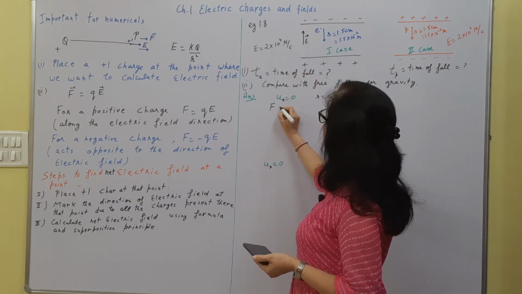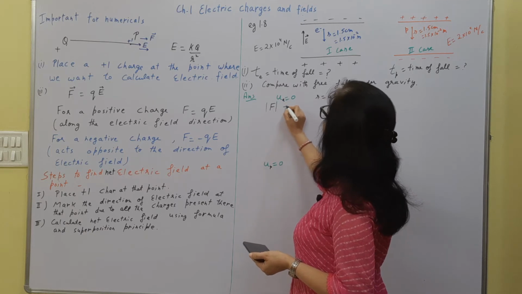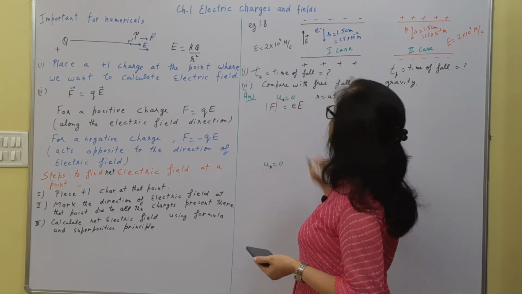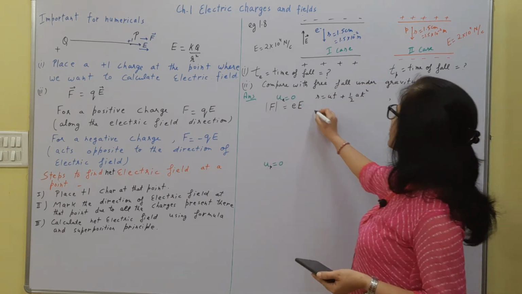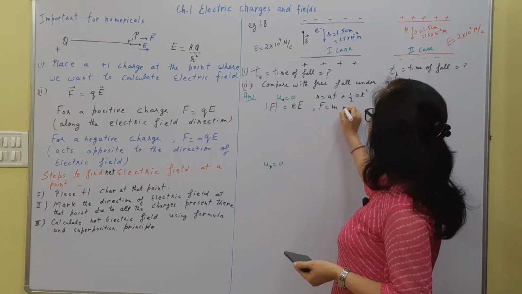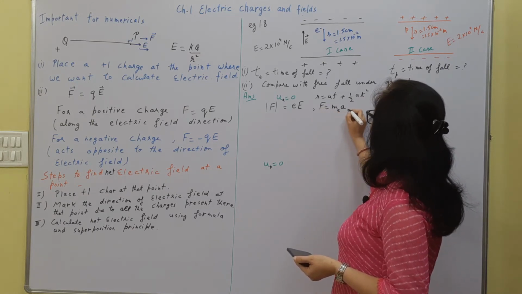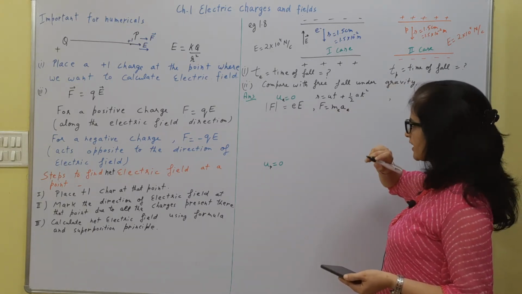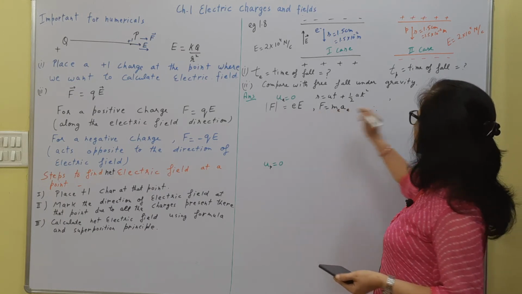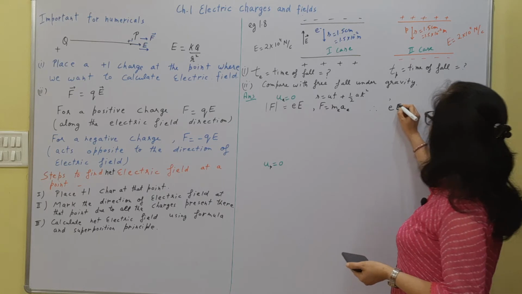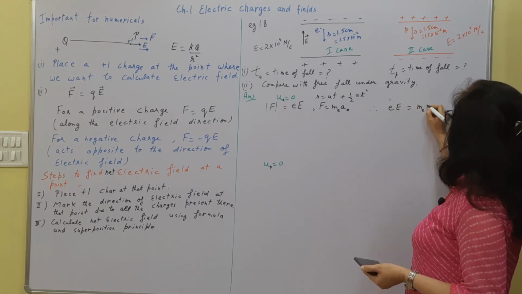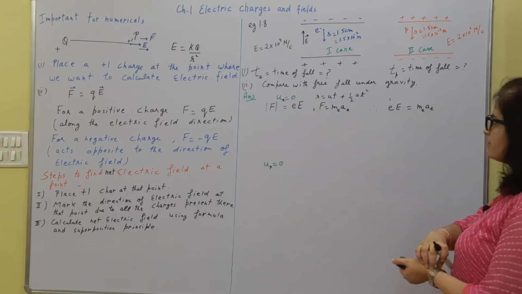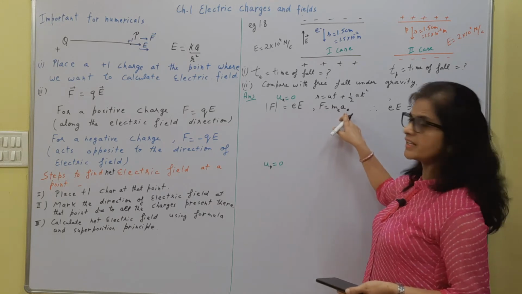So the force magnitude on electron will be charge on an electron multiplied by the electric field. We also know that F is equal to m a, where I will write suffix e, m_e and a_e, to show that this is the mass of electron and acceleration of electron. So from here we can say that this electric field is providing the acceleration. So these two right hand sides must be equal if left hand sides are same, because this force is providing the acceleration.